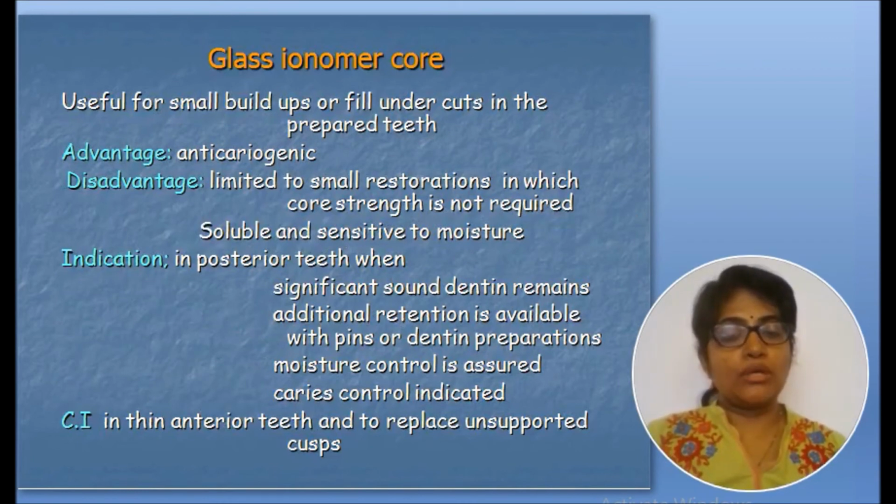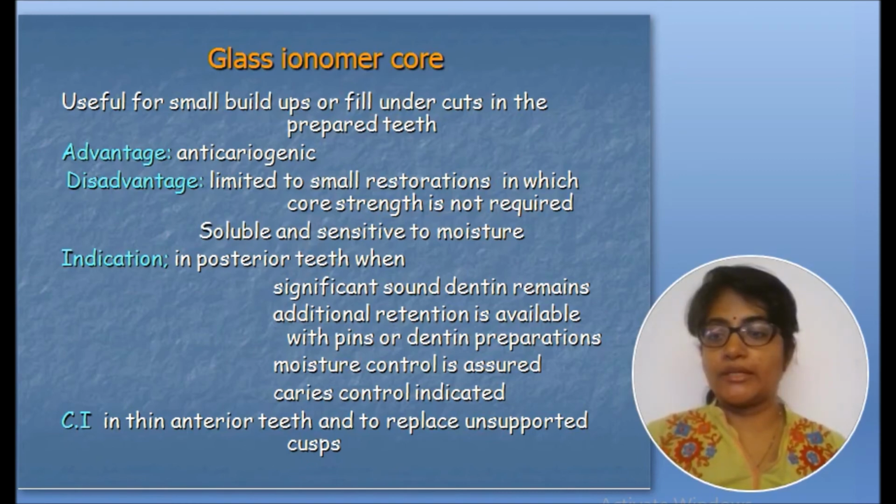Now coming to glass ionomer core, wherever the moisture control is not possible or the dentine is not favorable for bonding with the composite resin, glass ionomer core can be given. The advantage is that it can be anti-cariogenic, and the disadvantage is that it is limited to small core buildups. It does not have adequate strength to withstand the occlusal forces alone. It is indicated in the posterior teeth to